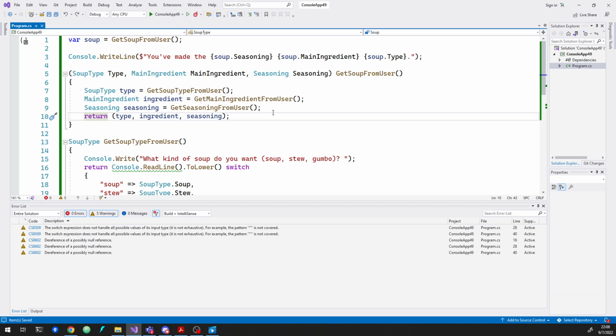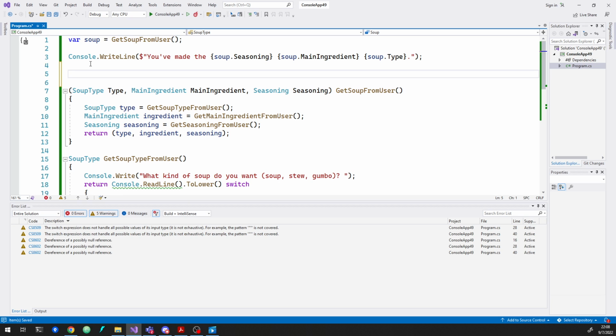So I don't remember exactly what I was in the middle of saying, other than that I was talking about how you can pass around. This starts to show the benefit of using tuples over something else. You can pass around these chunks of stuff, but where I went next with this was, I can use that as a return value, but I can also do something like display soup, and I can just pass in soup type,